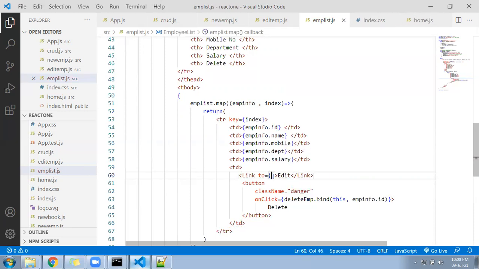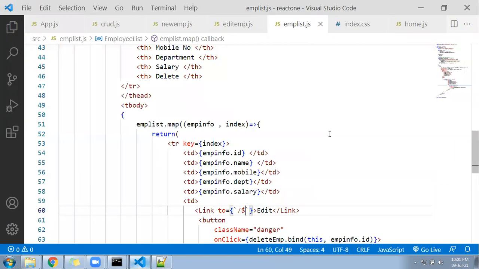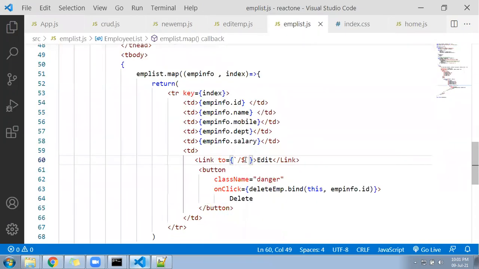Inside I will be following the backtick, because we have to give it dynamically, /$, then brackets. Inside we need to pass the emp info of id, and again slash we have to give a routing URL name, that is called edit emp.